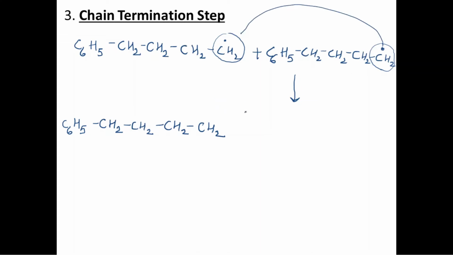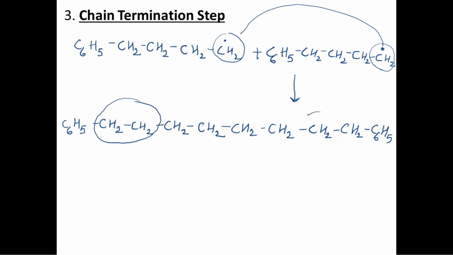These two will form a bond, so it becomes CH2, CH2, CH2, CH2, C6H5. So basically now no free radicals are left, and it is basically this particular ring, and this particular ring